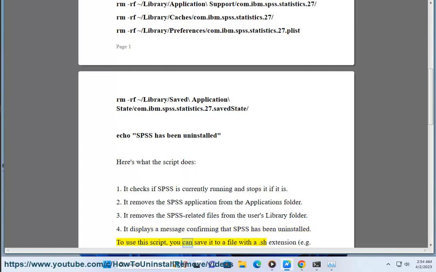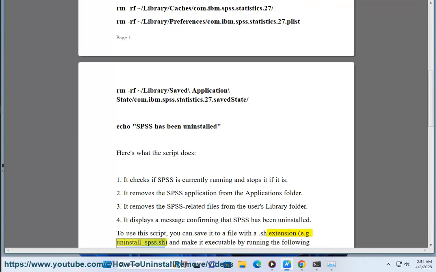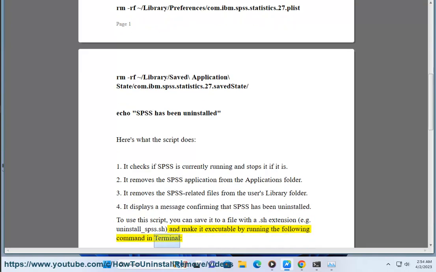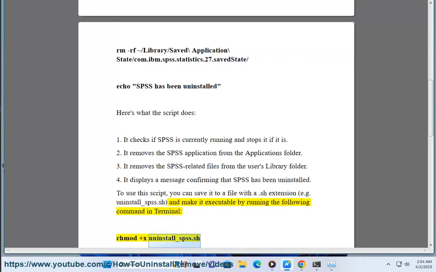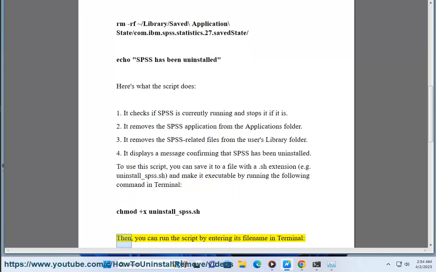To use the script, you can save it to a file with a .sh extension, e.g. uninstall_spss.sh, and make it executable by running the following command in Terminal, chmod +x uninstall_spss.sh. Then, you can run the script by entering its file name in Terminal,